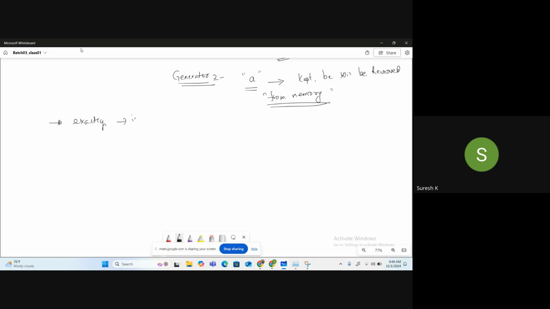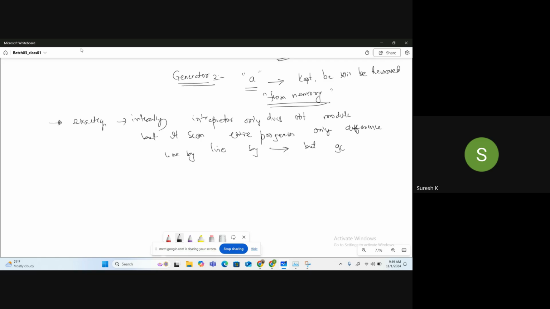See, internally the interpreter does not create a module, but it scans the entire program. The only difference is that it works line by line, but your GC works at the end of the program, at the end of your code.